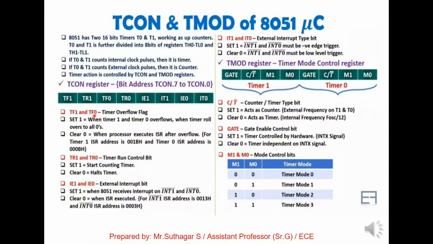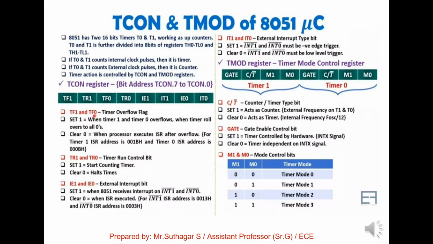Here M0, M1, C/T bar and gate are utilized when you choose timer 0, and M0, M1, C/T bar and gate are utilized when you choose timer 1, and